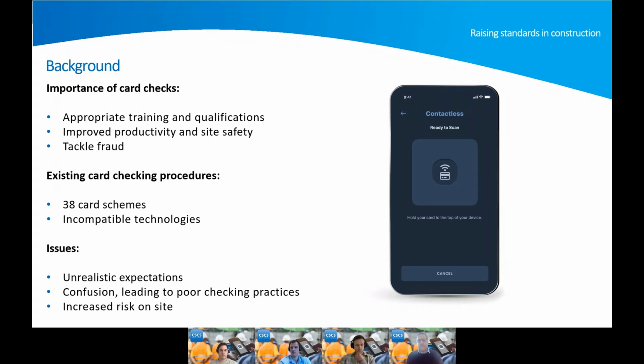Again, many of those sites are incompatible with one another, and there's an expectation that site management teams understand those different websites. And finally, we're left with a handful of schemes, probably about 8 schemes or so, who have no technology currently in place on their card. So you rely on picking up the phone, phoning through to that card scheme's office to verify the details on the card. So this complexity, it does lead to confusion at the site gates, and ultimately it leads to some